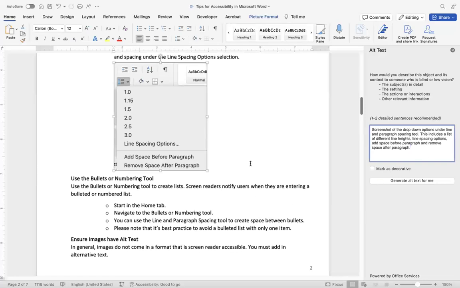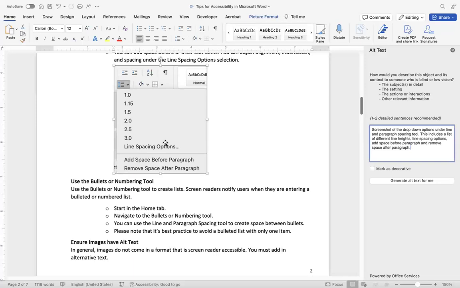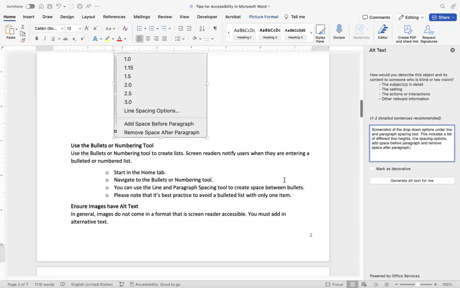So what I'm conveying is, because there is text within the image that isn't otherwise described, I'm making sure that users who are using a screen reader get the important content within that image. So as I navigate through the document with a screen reader, the image description is what is going to be read.